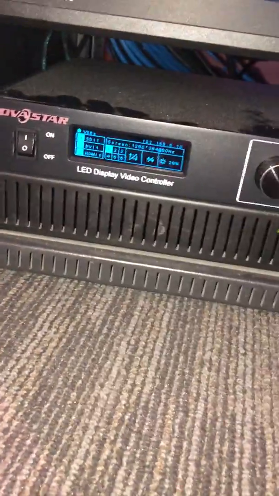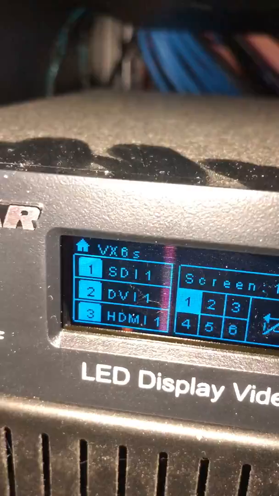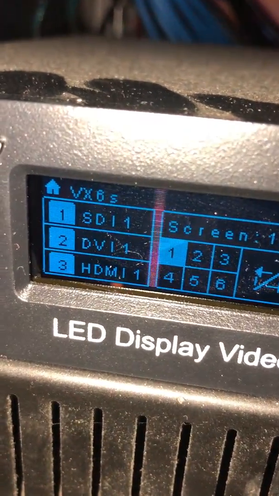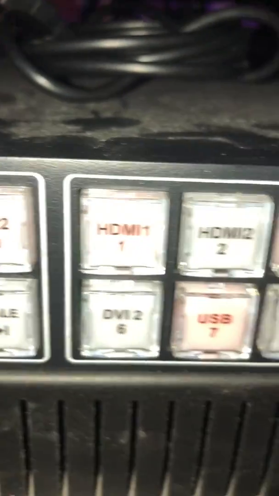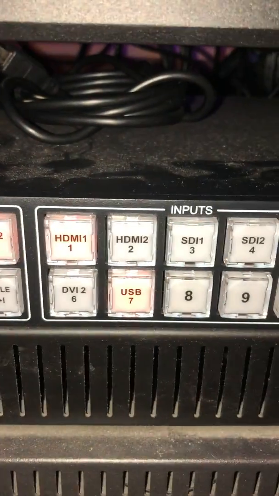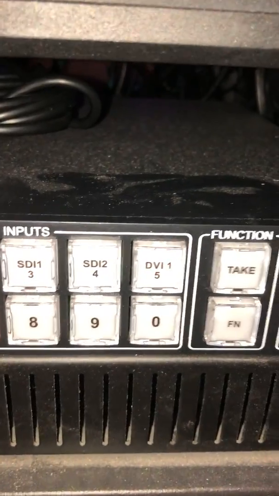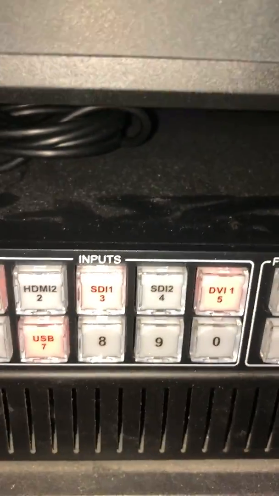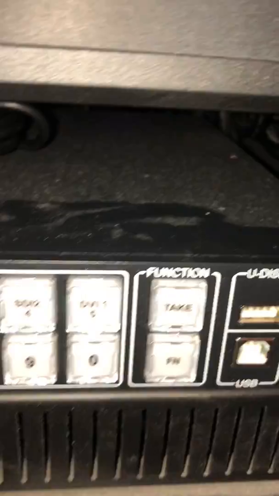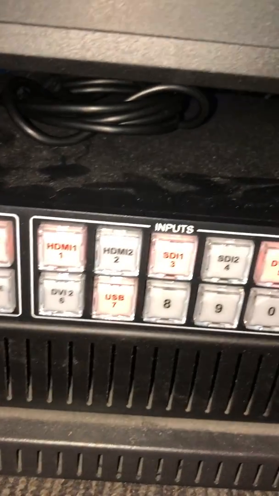Okay, I thought I'd do one more video showing what's going on. As you can see, SDI 1, 2, and 3 are highlighted. And if I go over here, you can see SDI 1 over 3 is flashing along with DVI 1 over 5. And like you said, it's because we don't have a DVI connected on DVI 1 over 5, so that's probably why that's flashing. But this, the SDI 1 over 3,